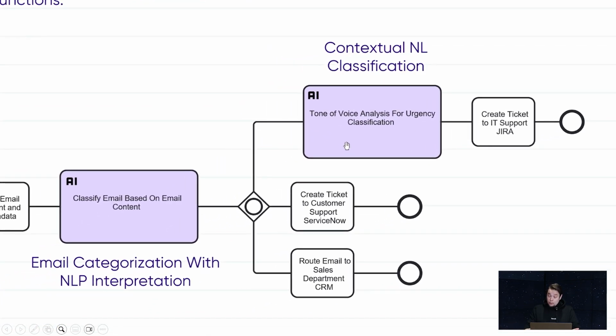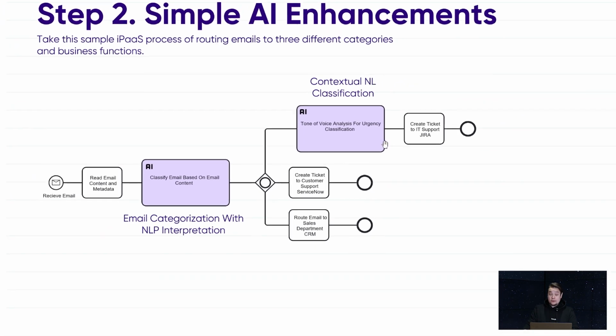And what this means from a practical perspective is that the AI is now instructed to first select one of the 3 different categories or routes that the execution can take. And then if the top route here for IT support is selected, we can then analyze the tone of voice, like I mentioned, and for example, determine the IT support ticket, which in this imaginary example is using the Jira system. So we could have, let's say, the ticket severity mapped out by the AI using the tone of voice analysis